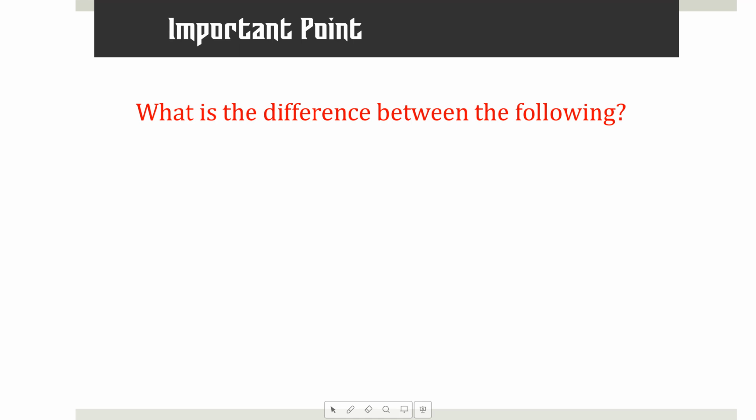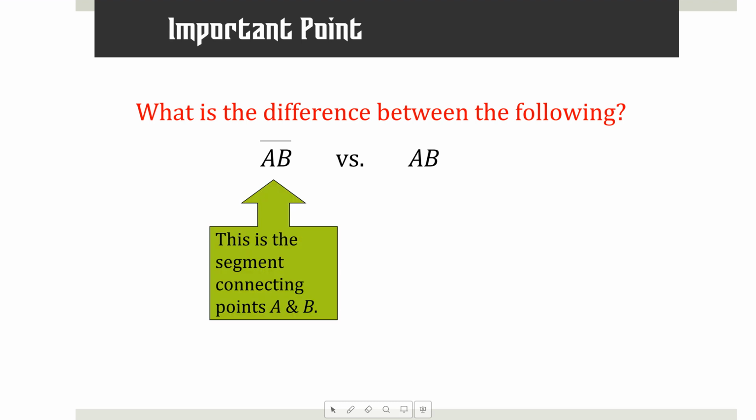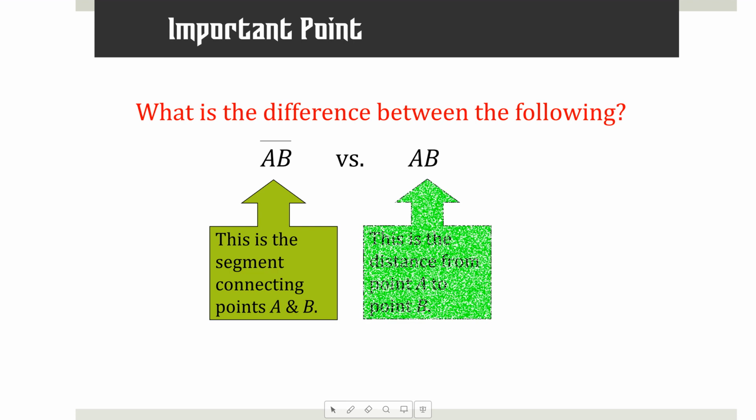So as far as notation goes, we have 2 different symbols, let's say. The one on the left, we've seen already. That is the segment connecting A and B. That's a physical object. Okay, you saw one in the previous slide. Without a symbol over those 2 points, that represents the distance from A to B, which we'll be calculating later. Okay, that's not the points A and B. That's the length of the segment from A to B.